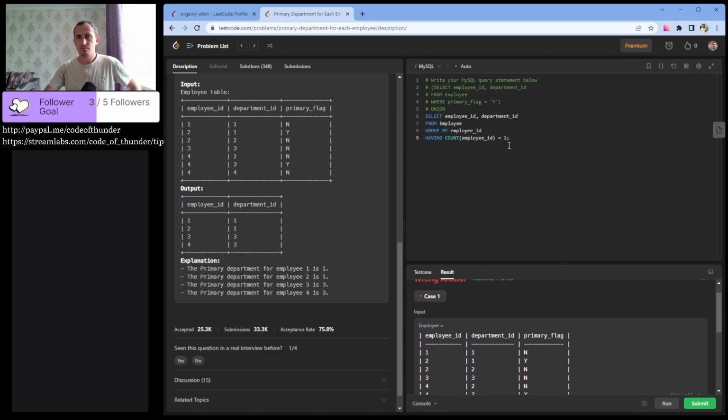Good. And yesterday I had this idea that I somehow must count employee IDs, but I forgot about this having keyword, and I wasn't able to Google it or something. Now let's combine everything.